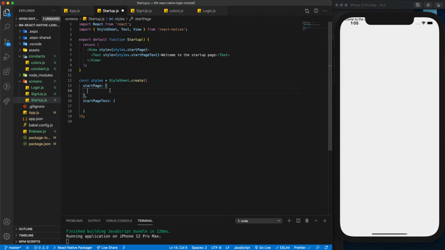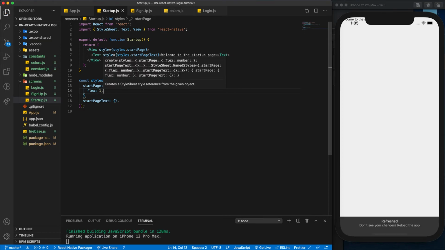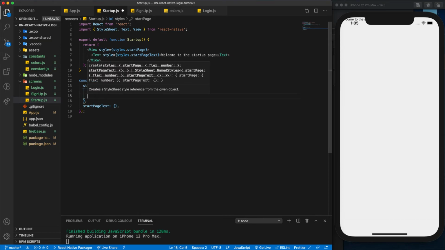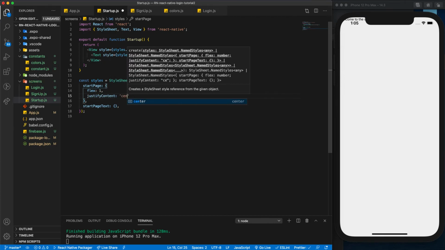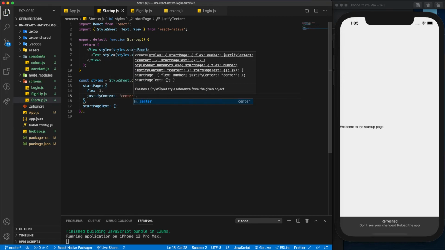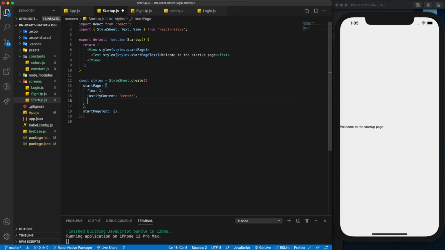So here we're going to give it a flex of 1. I'm going to say justify content, and make it center so that we can have it in the center. So we're going to say align items also, and I'm going to say center also. After which we're going to say